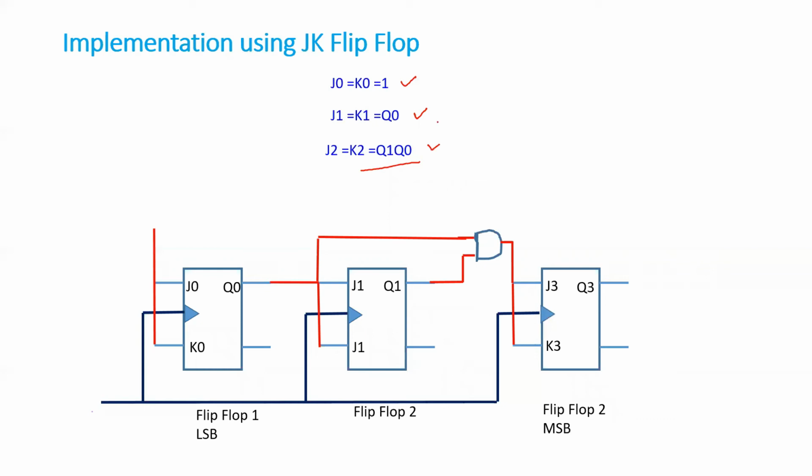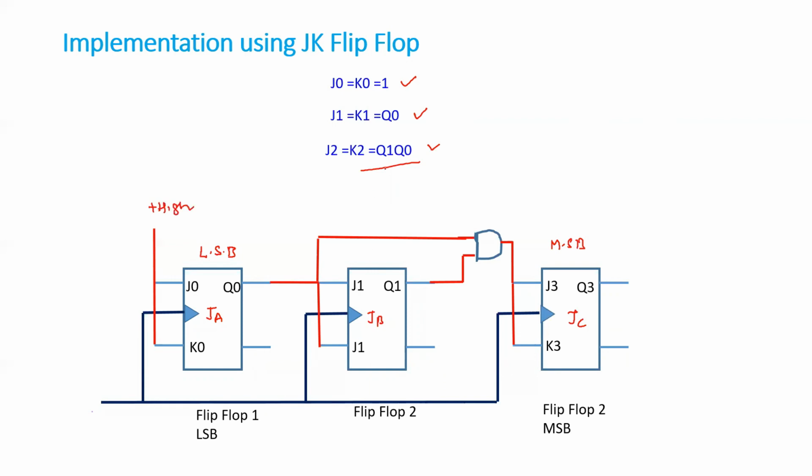Now next is how you are going to implement it. Here you are writing this for LSB, and this is for your MSB. For simplification purposes, you are supposed to name the inputs JA, JB and JC, so that things become quite simple for you. Then have 3 flip-flops like this. Now the first flip-flop: J0, K0 is equal to 1. So you are doing this and putting it as high.